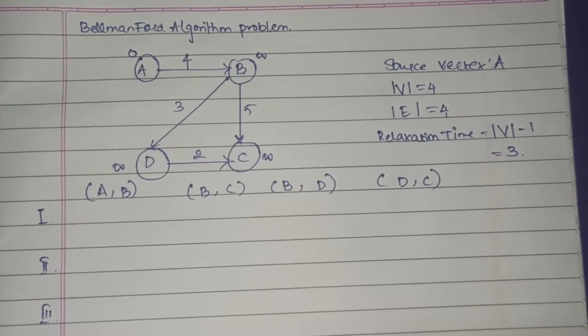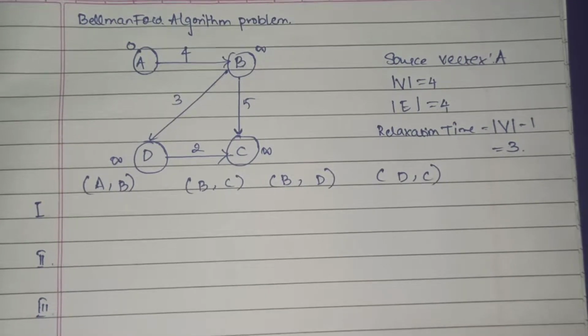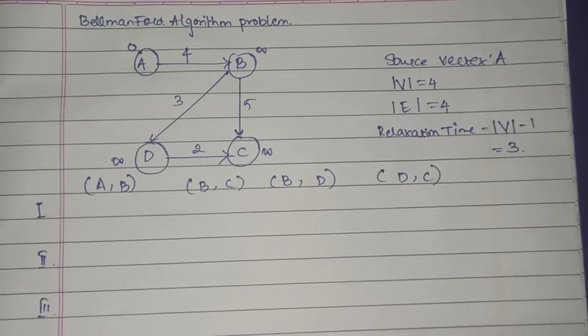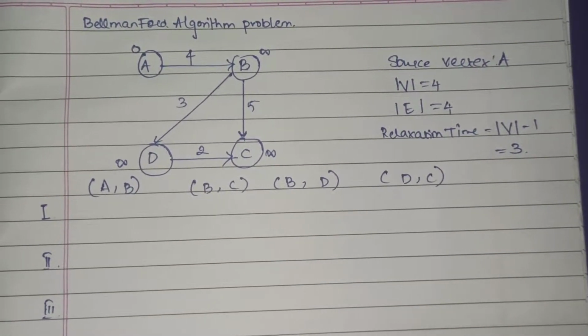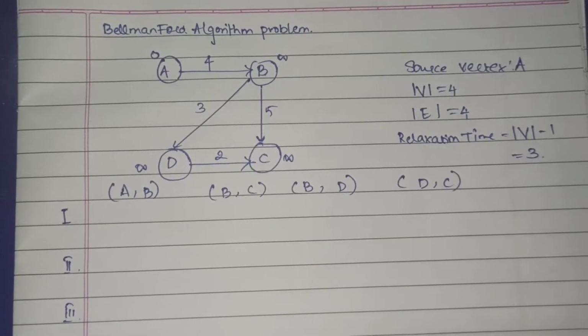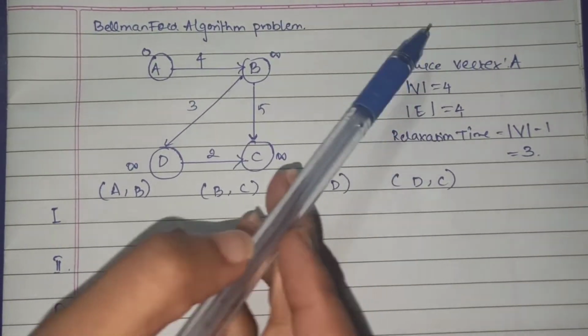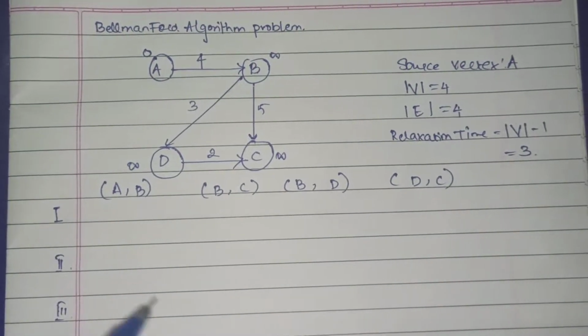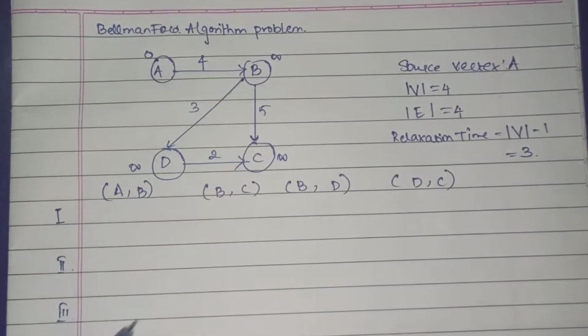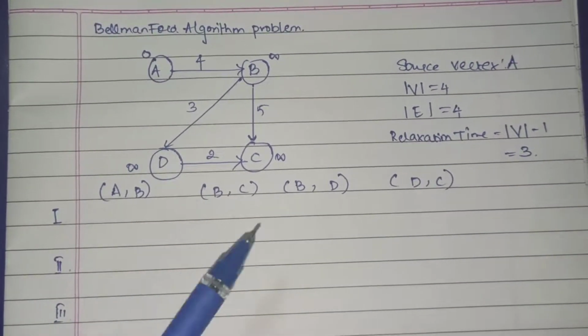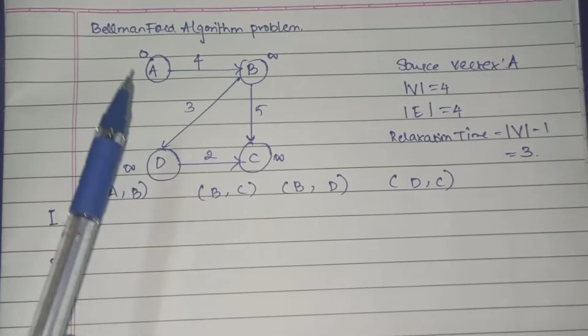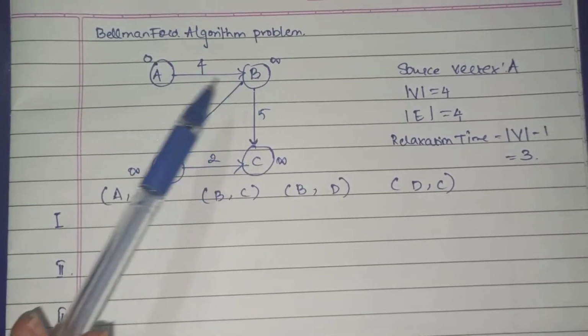So Bellman-Ford algorithm is applied for a graph to find out the shortest distance, single source shortest distance, that is from a source. Suppose we take the source vertex to be A. From A we find the shortest distance to all the other vertices in the graph. So here in this case, we'll find the shortest distance between A to B, A to C and A